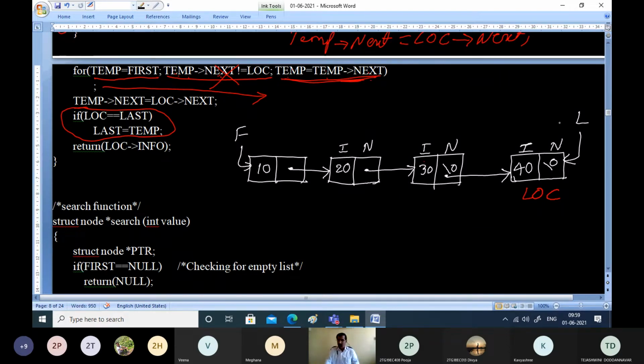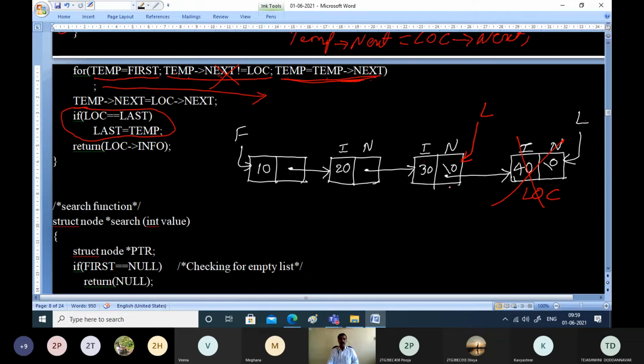If this is the case, before you go for the coding part, what logic can we use here? If you delete this node, the other part will not get disturbed at all. Simply take the last pointer and make it point to the previous node. That's it. If the node to be deleted is the last node of the linked list, simply take the last pointer and make it point to the previous node.